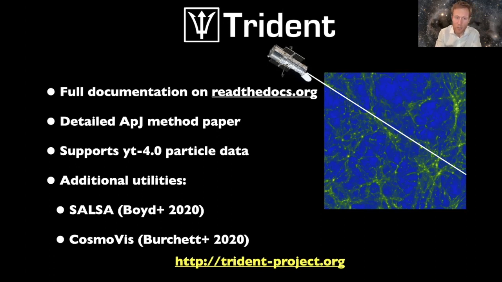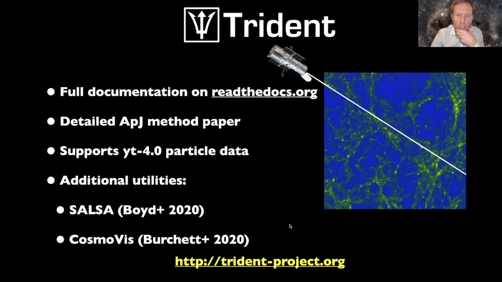One is Salsa, that was generated by a PhD student at Stony Brook named Brendan Boyd this year. That is really a nice tool for using Trident to effectively generate large catalogs of absorber information from many different spectra. So it's really a practical application of it, and I encourage you to check it out. Similarly, there's a code called CosmoViz, which hasn't yet been fully released by Joe Burchett at New Mexico and collaborators. And I'm going to show really quick, if I may,